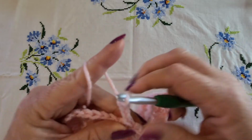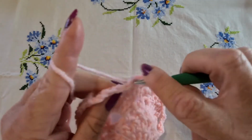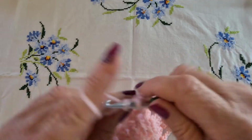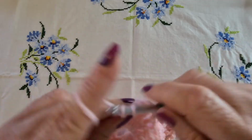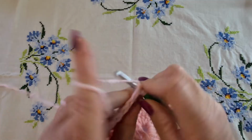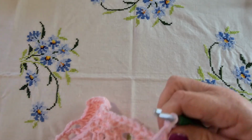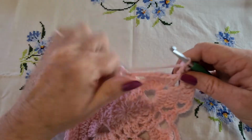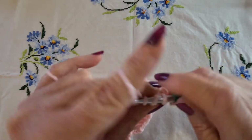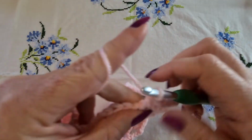chain 4 again, and skip those 2 stitches, double crochet in the next 4, 3 and 4, and pop in our corner, 2 double crochet, a chain 3 and 2 more double crochet, as we always do. So this is our last half aside. We just need to, you guessed it, double crochet in the next 4 stitches, 2, 3 and 4, chain 4,